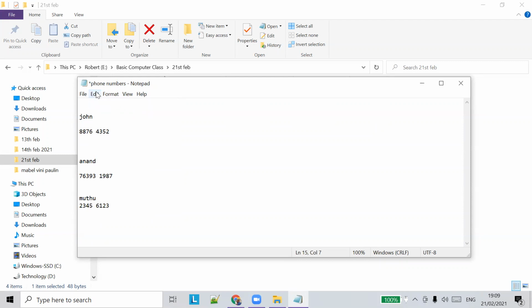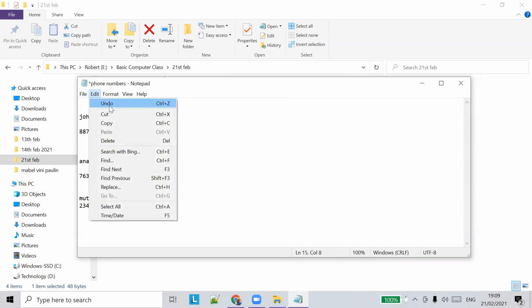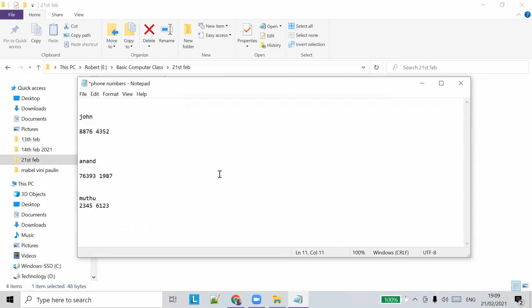So you have to do it multiple times. So what I've done is I've deleted this thing, right? So if I say undo, it will come back again. What undo does is it will undo the last action we did.